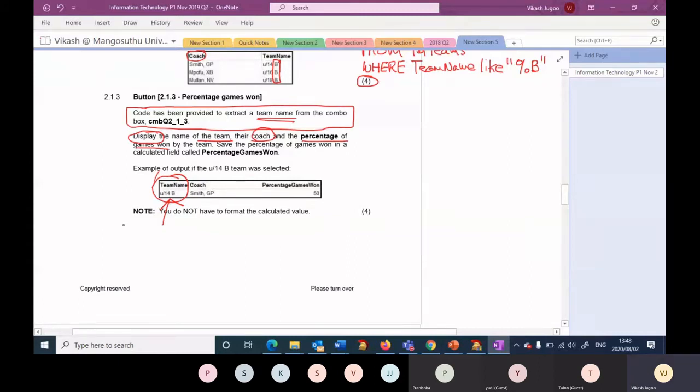So if you go into the Delphi code, they already had a statement like this. This was given to you. Tname colon equals combo. I forgot the name of the combo box. Let's call it teams.txt. So this line of code was given to you, right? You still need to write the select statement. So you are going to say select